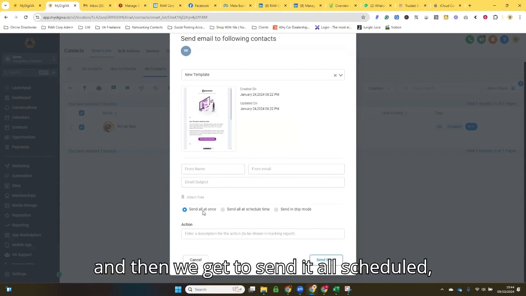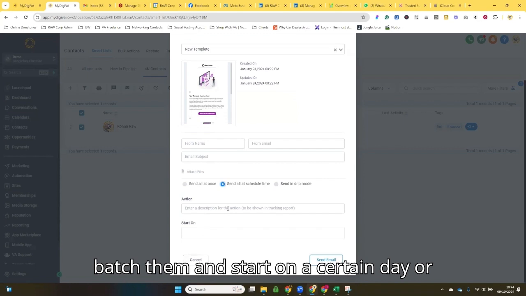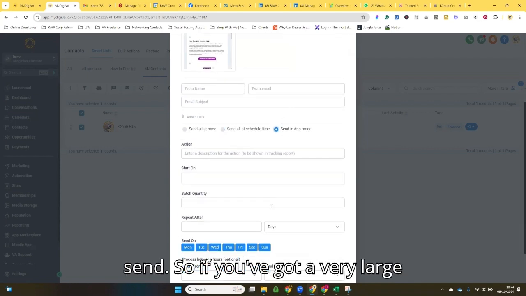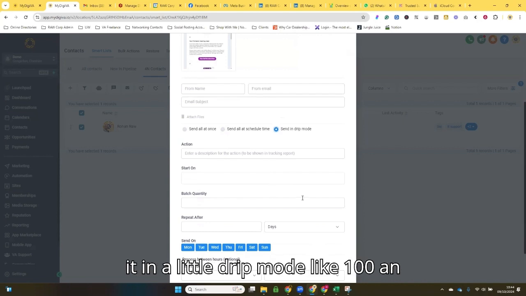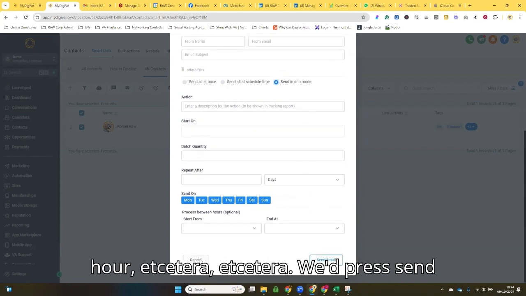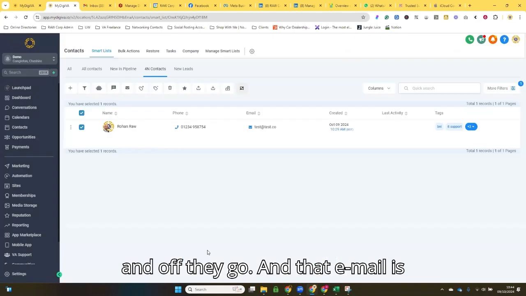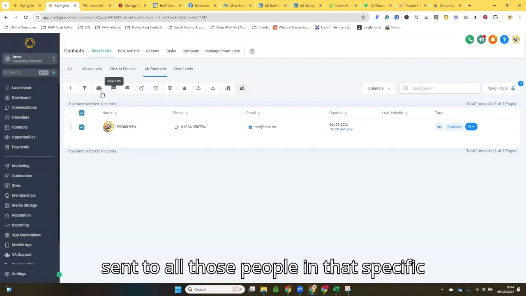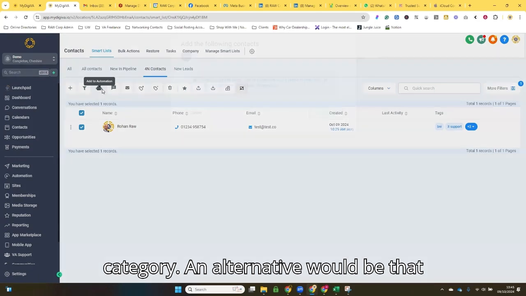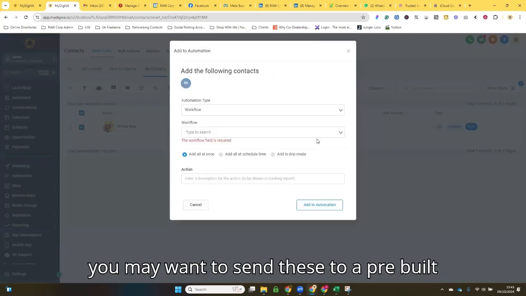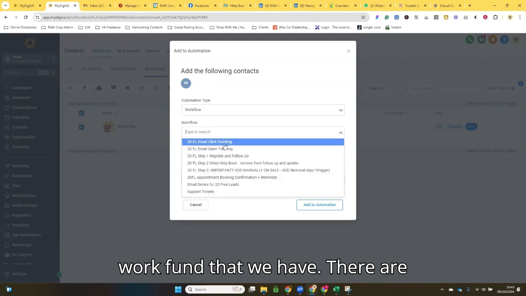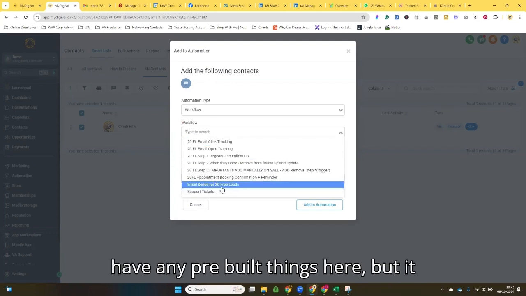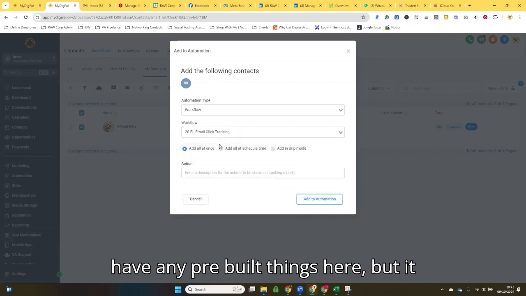we get to send it all, schedule batch them and start on a certain day, or send some. If you've got a very large quantity of these, you may want to send it in a little drip mode, like 100 an hour, etc. We'd press send and off they go, and that email is sent to all those people in that specific category. An alternative would be that you may want to send these to a pre-built workflow that we have. There are lots of different, again, in demo, I don't have any pre-built things here, but it could be